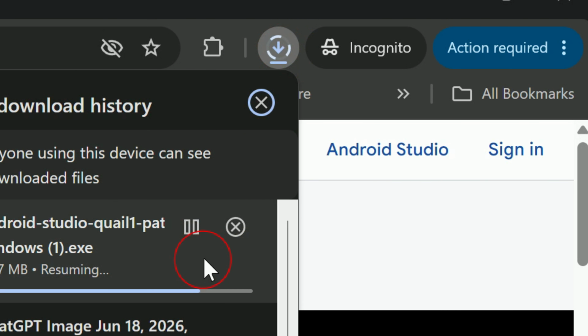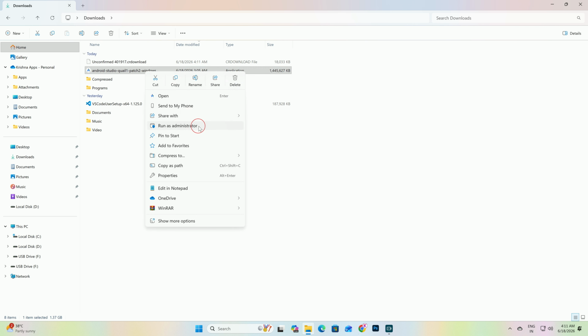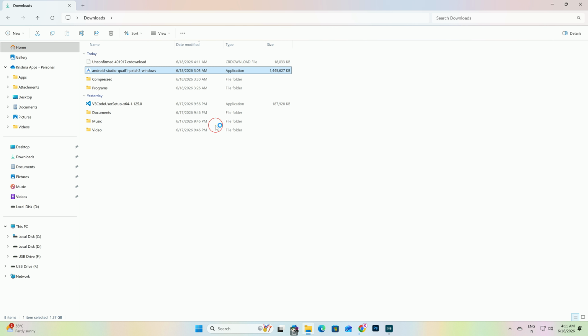Once the download finishes, simply run the installer. For most users, the default installation options are perfectly fine. Just keep clicking Next until the installation begins. Android Studio will automatically install